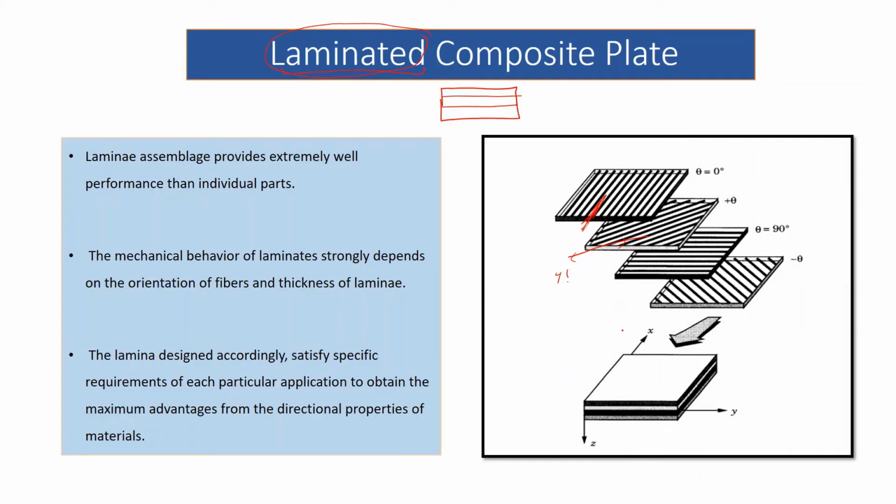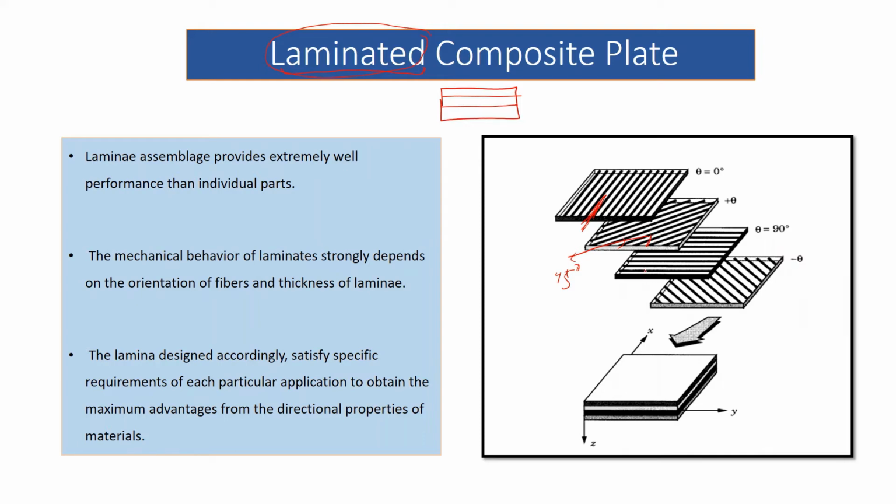So it may be any degree, 45 degree or any angle oriented, because we know that if we apply any shear load, the maximum shear is in the direction of 45 degree. So if the fiber is oriented in this direction, the direction of the fiber takes the highest load, so it can resist that shear load in this manner.